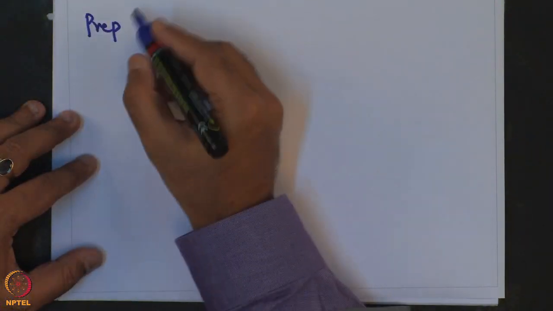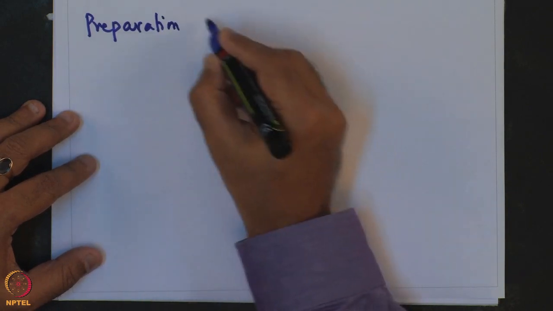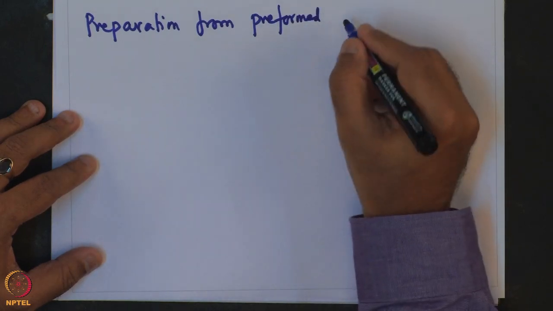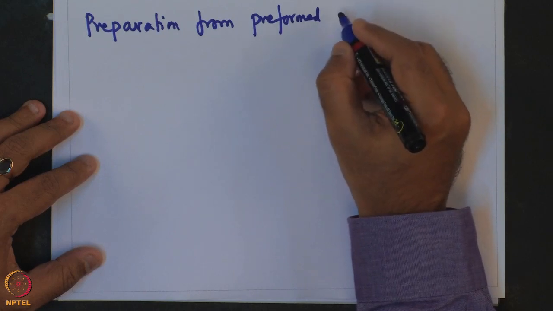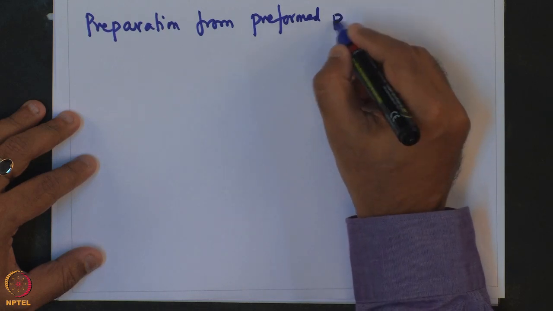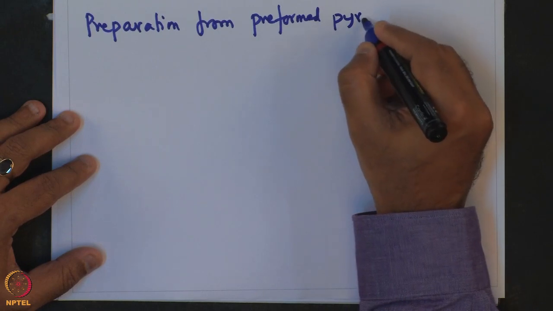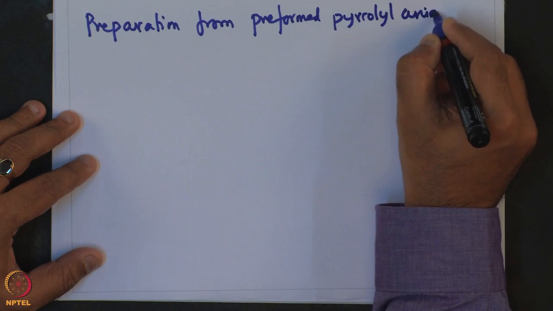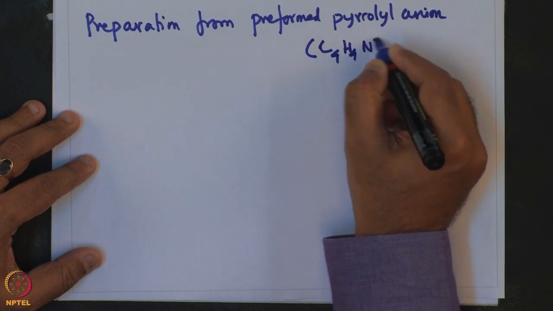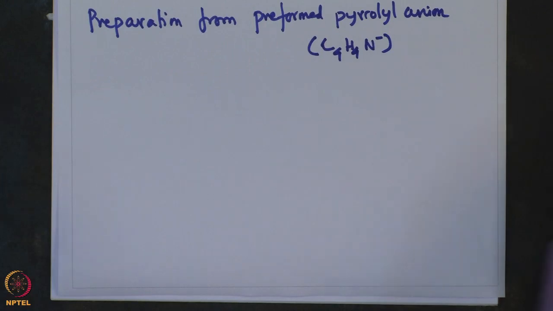The other synthesis involved preparation from preformed pyrrole anion, or C4H4N minus. The synthesis is a very simple reaction between